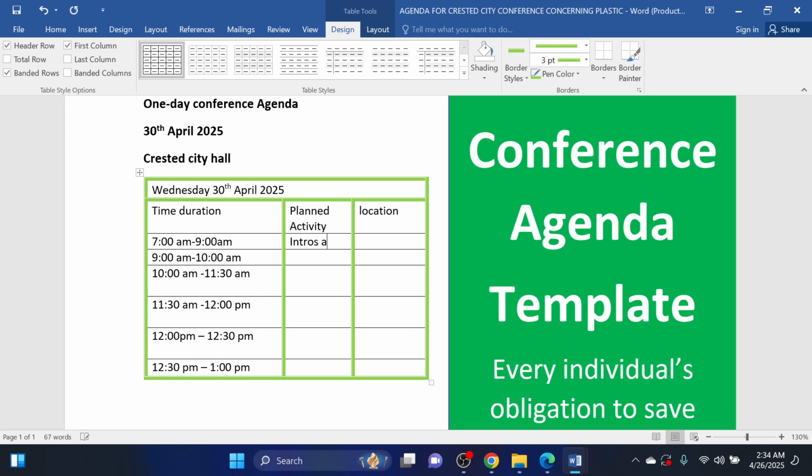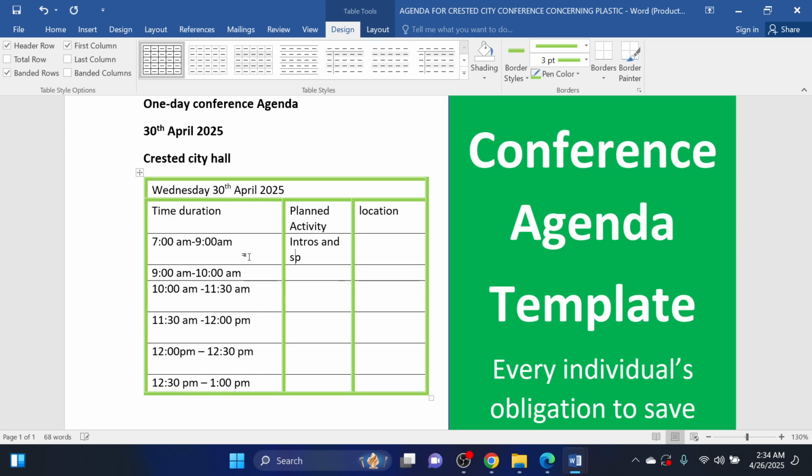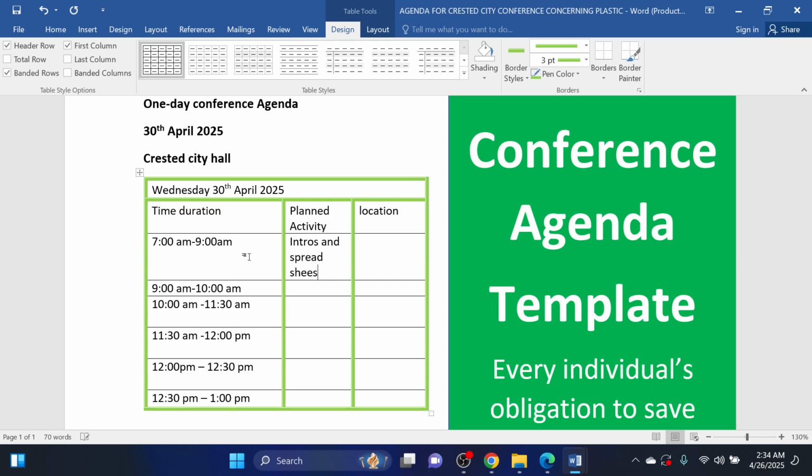Intros and spreadsheets. So I'm going to be talking about spreadsheets. I'm going to be introducing and talking about the spreadsheet I designed. The location is all one. Here I can talk about